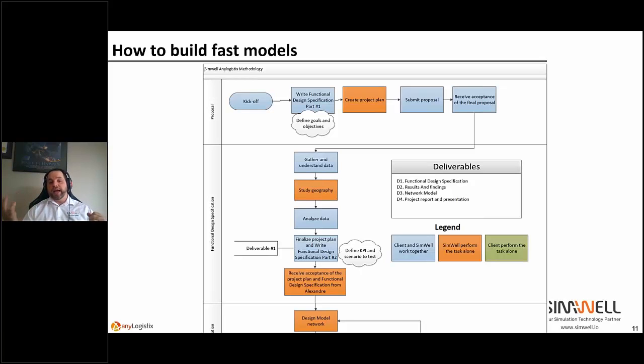On the other side, with anyLogistix, you open it and you have a blank page, right? And on the left, you have your palette of modeling tools that you can use to build your model. You can build your whole supply chain model in anyLogistix if you want, but the consultants at anyLogistix have done so many supply chain models in the past. They said, well, we build a supply chain model from scratch every time, more or less. So they decided to make it a product, and that's where ALX was born, in a way.